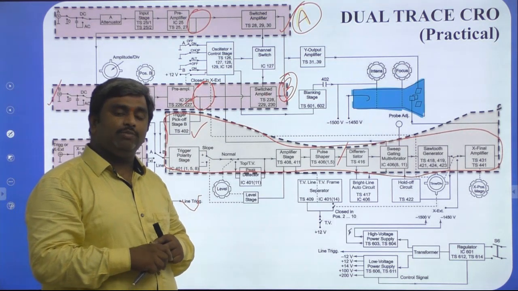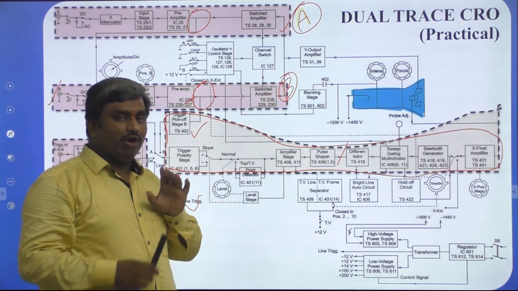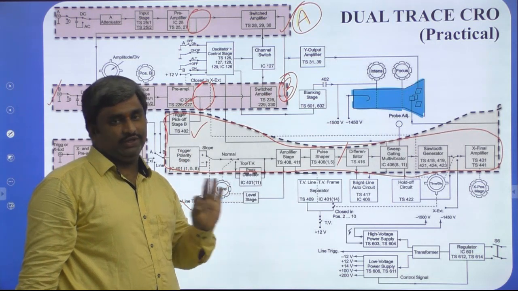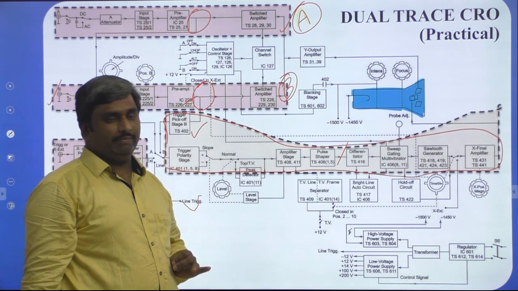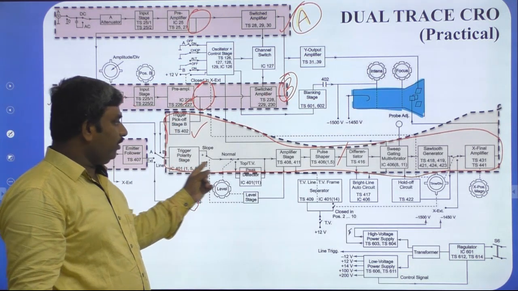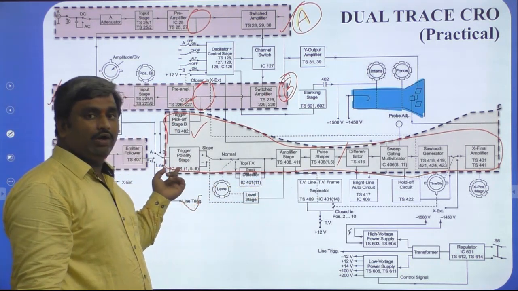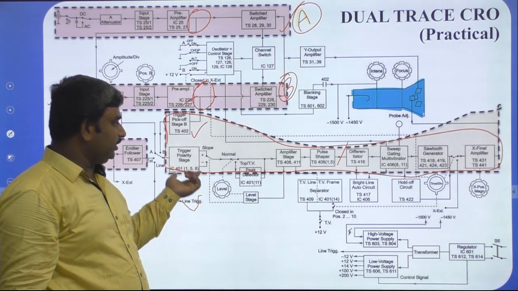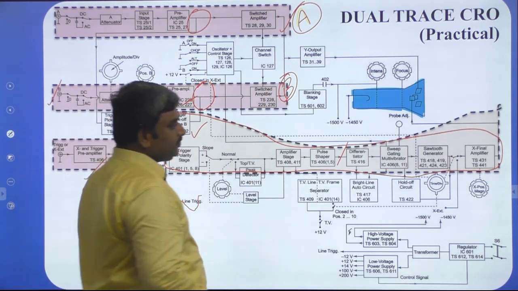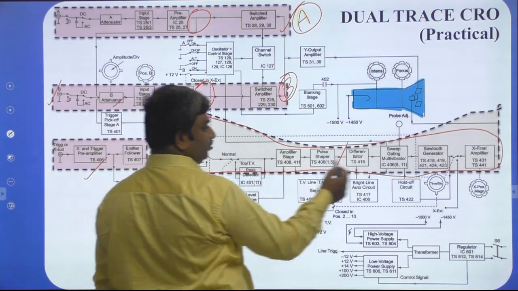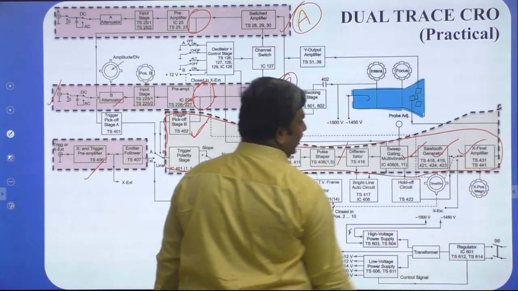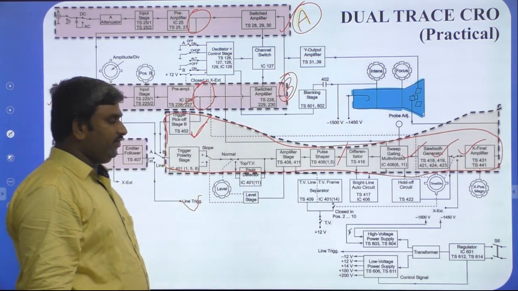What blocks are available in the horizontal deflection system? We have first the trigger circuit, next the sweep generator circuit, next the horizontal amplifier. This is the triggering circuit. After the triggering circuit, we have some hardware connectivity. In real time, we need a lot of operations, so for that reason we have a lot of blocks. The triggering circuit, the sweep generator circuit, sawtooth generator and X amplifier. These four blocks are very important.